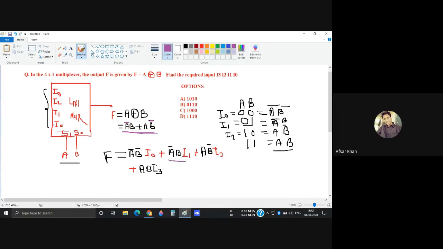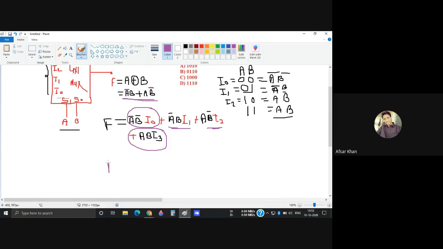Yes, very good. So the other terms will be discarded, and the function we get is F equals A bar B I1